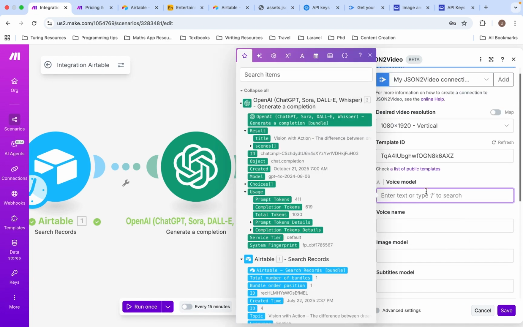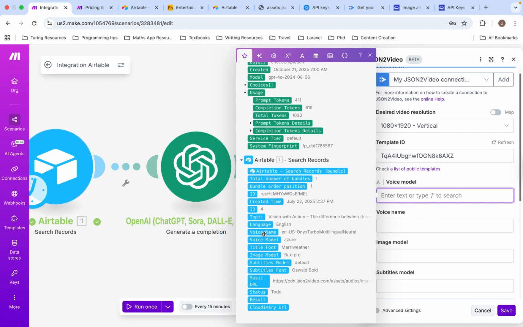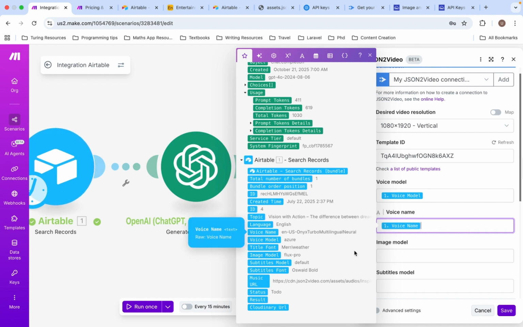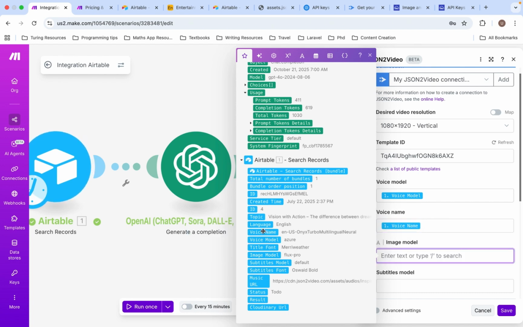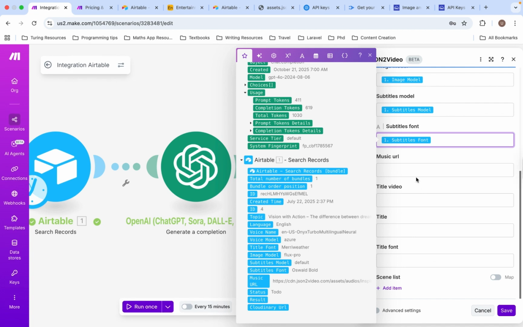So the voice model, we go to the Airtable records voice model, click on that. Voice name, click on that. Image model, click on that. Subtitles model, click on that. Subtitles font, click on that. Music URL,